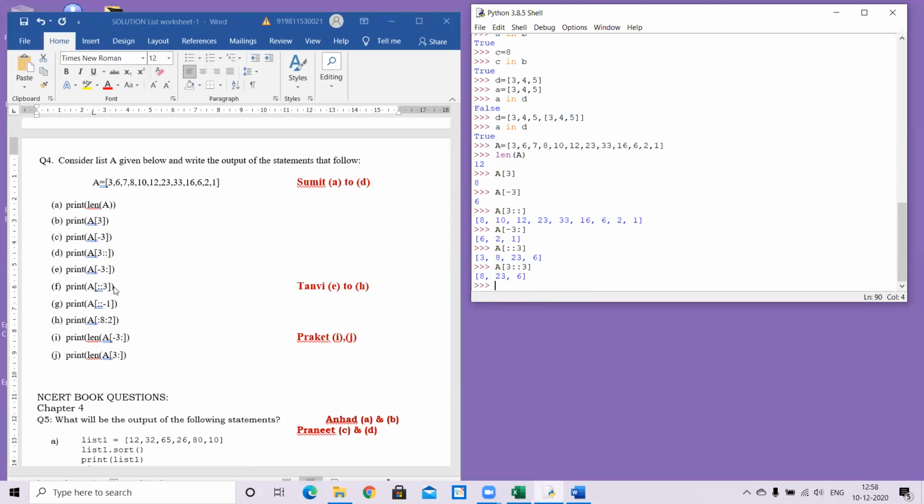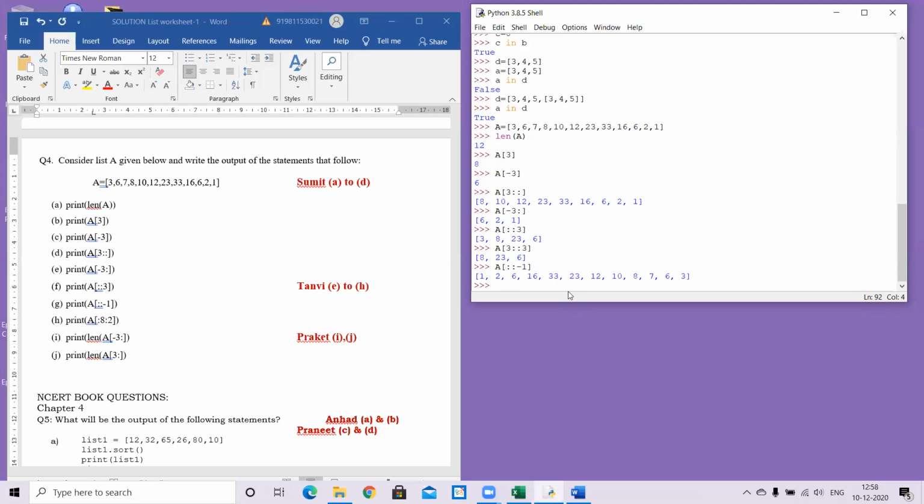Now we come down to colon -1 as the step value. Ma'am, it will reverse all the lists. Yes. But don't go by the actual meaning of colon, it's a normal pattern which I use. It's like a command. If in the step value I ask it to do -1 without specifying anything else, it completely reverses the string or the list in a normal reverse fashion, from the back till the beginning.